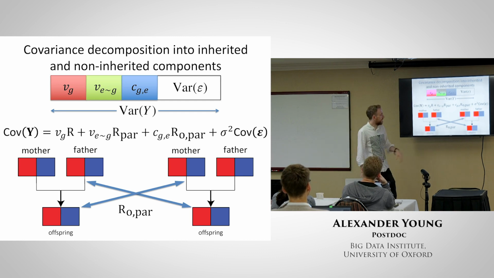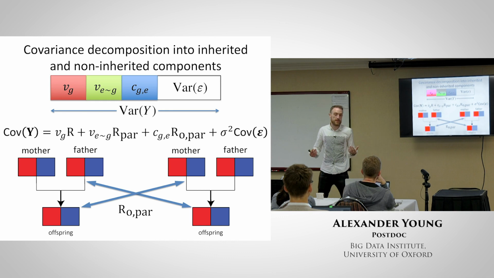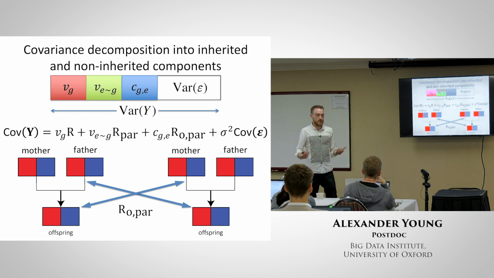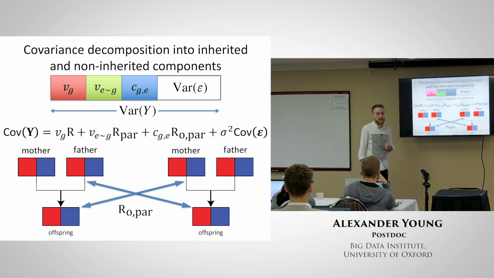Well, yeah, this one is pretty interesting, I think, because it gives you the covariance between genetic and environmental effects. So are genetic and environmental effects highly correlated? That's what that term tells you. And this one's telling you what fraction of the environment is actually related to genetics. So they are interesting components, but estimation of those components is currently rather tricky.